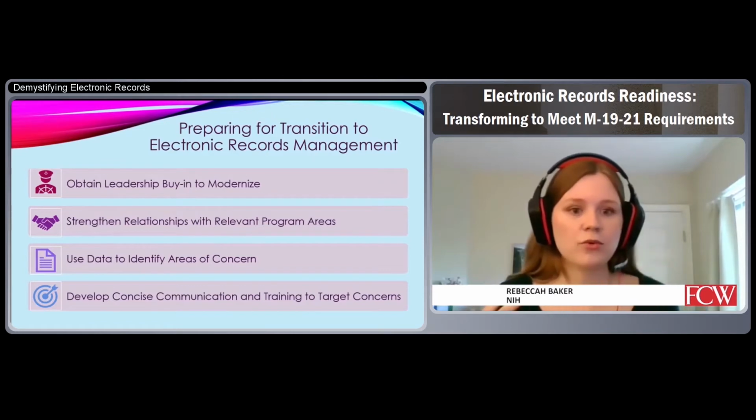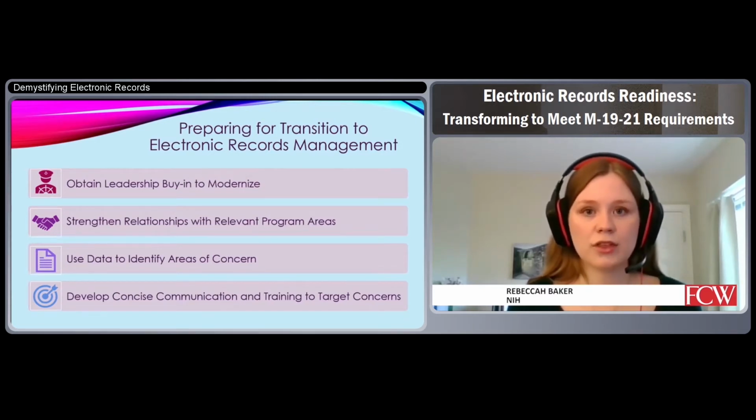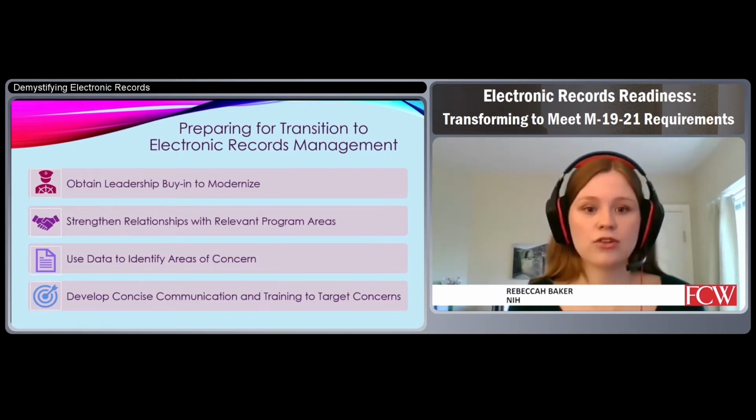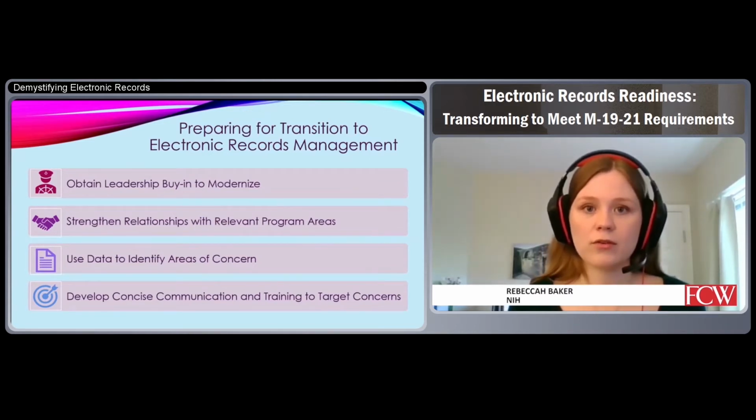So we'd like to build off these previous achievements, such as M1218 compliance and implementing a solution for email, and then engage leadership by reframing M1921 as an opportunity to modernize. And one strategy to help get leadership buy-in is to maintain a strong relationship with your senior agency official for records management and departmental records officer, because with their support, you can further engage leadership and get that buy-in from